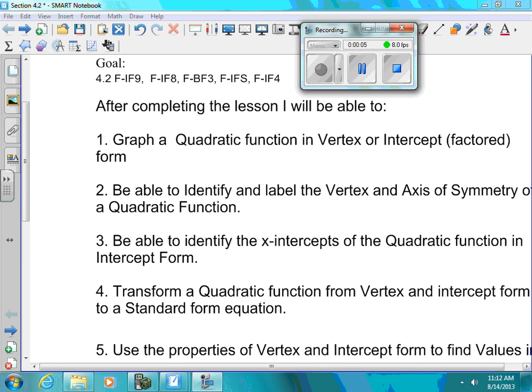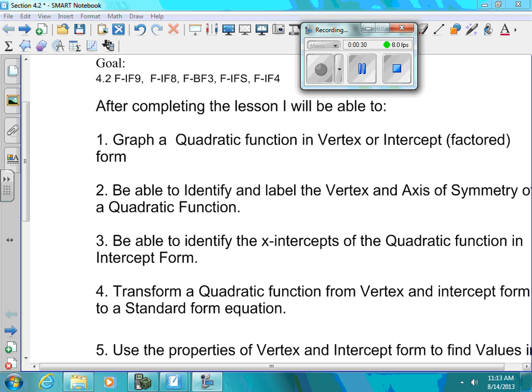Welcome back to your second lesson of Unit 1, Chapter 4, quadratic equations. We have quite a few I can statements today. Today we're going to do a little bit more graphing and rewriting some equations from one form to another. Specifically, after this lesson, you should be able to say I can, graph a